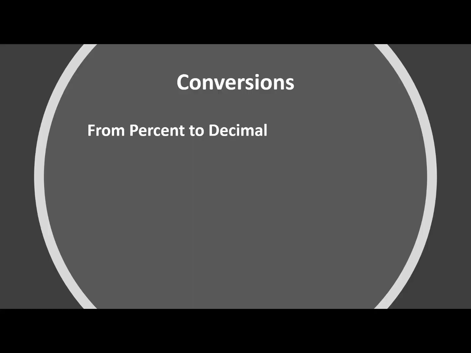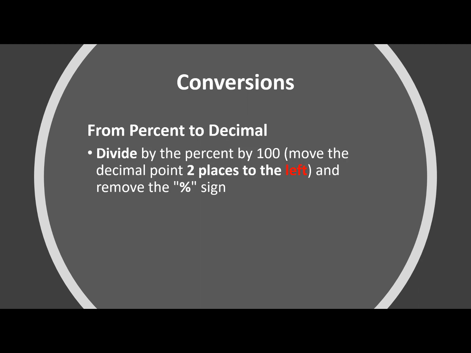To convert from a percent to a decimal, divide the percent by 100, or another way is to move the decimal place 2 places to the left and then remove the percent sign. For example,